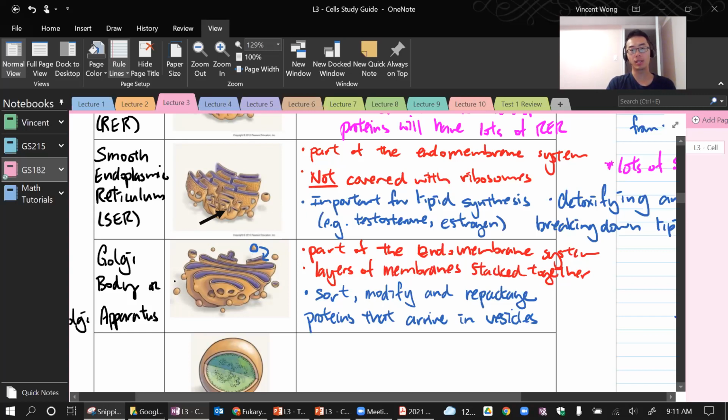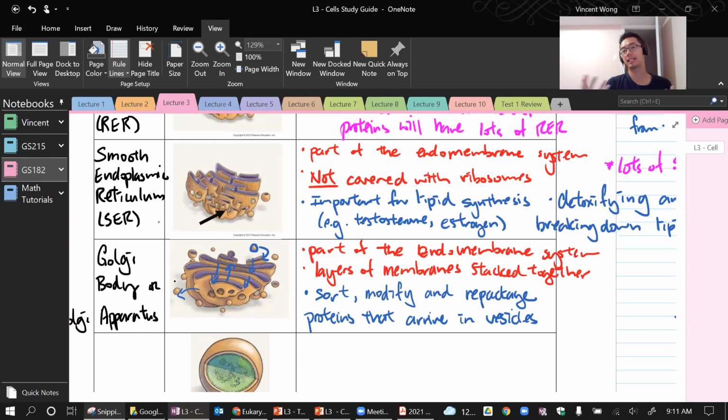And then the content will get sorted, modified. In fact, this will get passed forward and sometimes backwards a couple of times, back and forth, until it's finally ready. Then it will get sent off in a new vesicle. Sometimes you don't have to modify it. Sometimes it will get sent off almost immediately, but it needs to check.